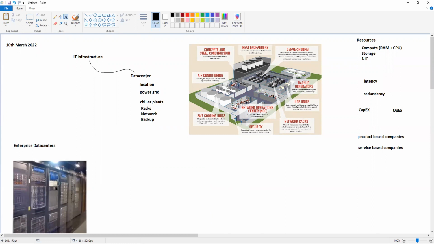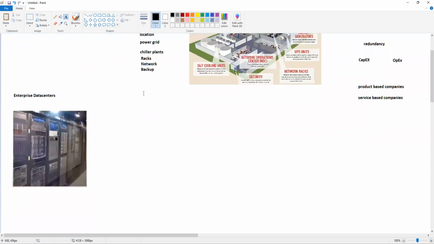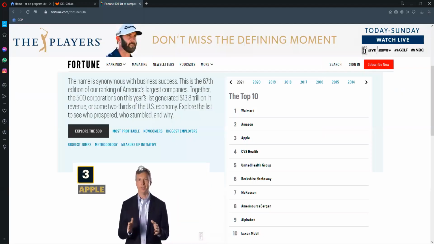We have had data from the beginning of time. People are storing it in different forms. So data plays a very vital role in human life and also in corporate business and different industries as well. So that's why data is very common, and Google has made that statement that in future every company is going to be a data company, and every company is also going to be an IT company as well.